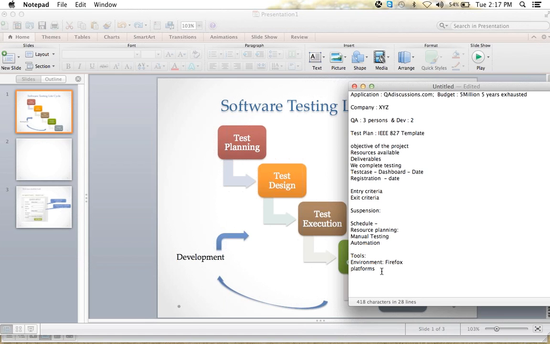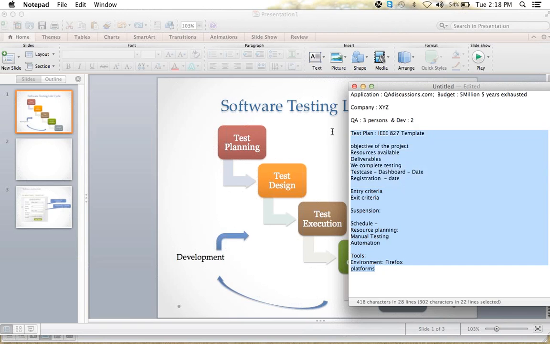So if there are experienced people, during the test plan only he can say, okay, I have already worked in QA and there I faced such scenarios. So we need to compulsorily do this cross browser testing and security testing, because through this browser we can also hack the particular account. So in that way, an experienced person can say.